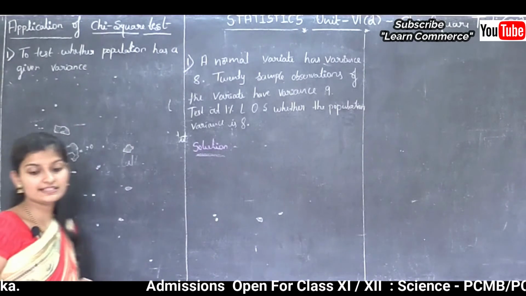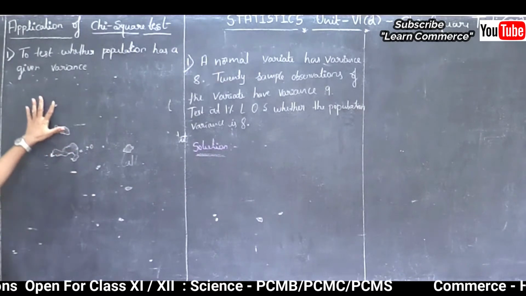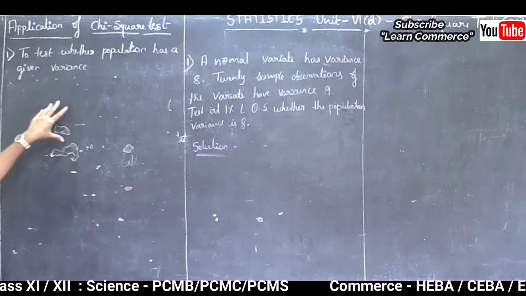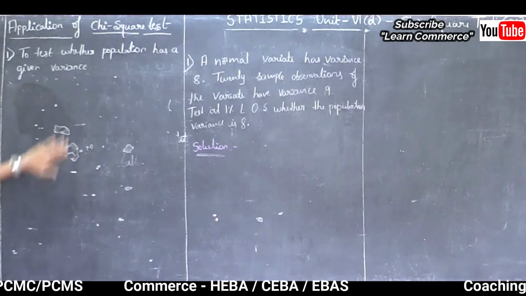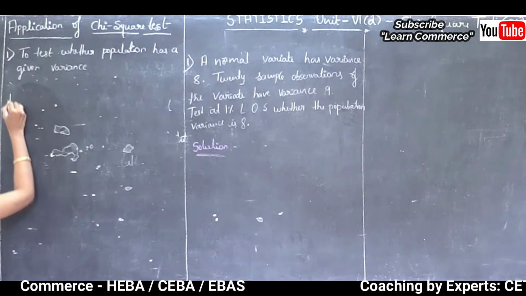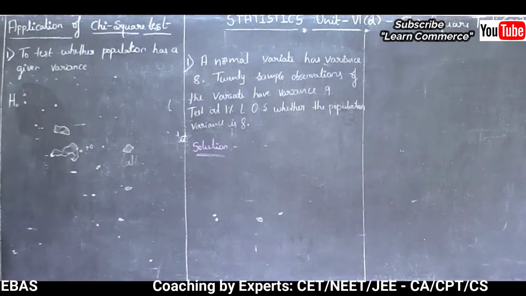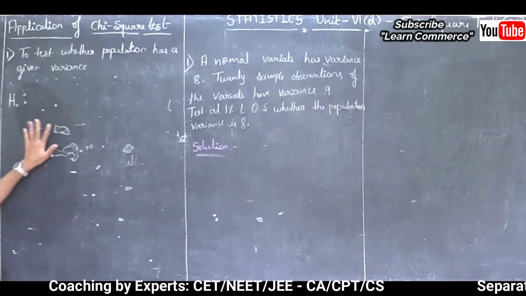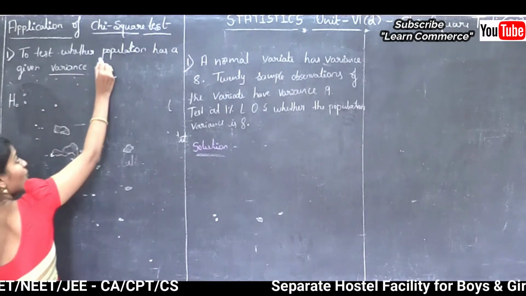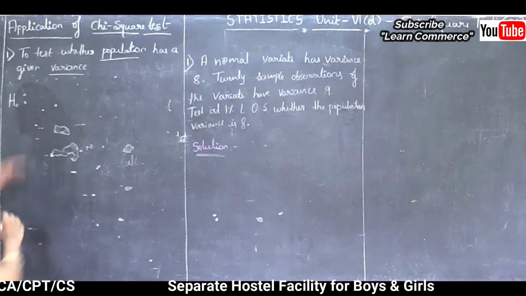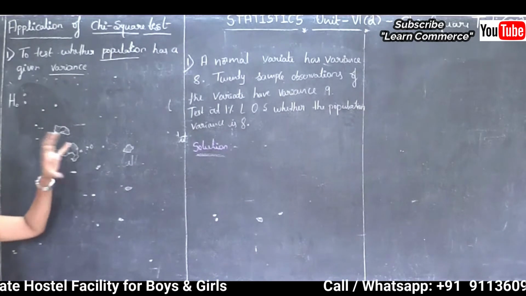Now we will see the test procedure to test whether a population has a given variance. Step 1, as we know, is always H naught, the setting up of the null hypothesis. This application is based on variance. A population has a variance, and the population variance is denoted by, as we already discussed,